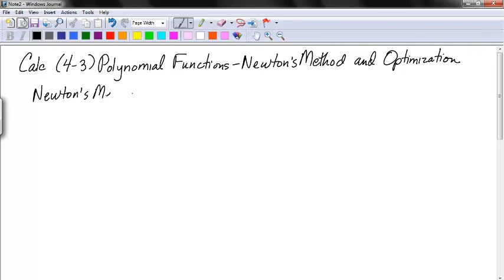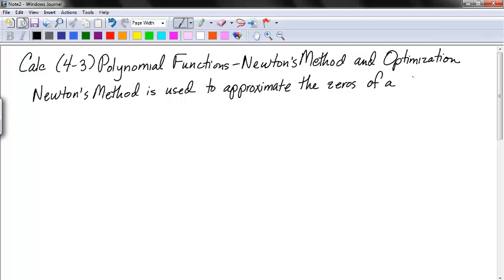Newton's method is used to approximate the zeros of a function. So when they're talking zeros, they're talking where does it cross the x-axis. Okay, and I'm going to take you through the process of how you develop and get the formula for Newton's